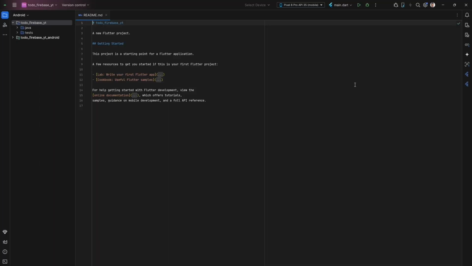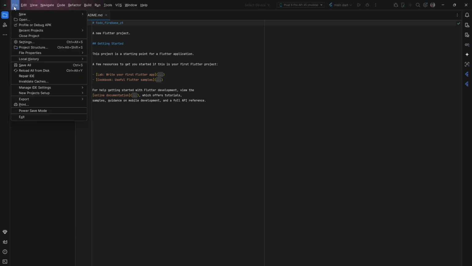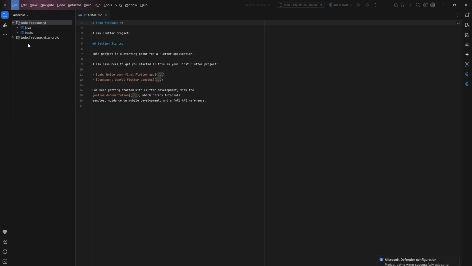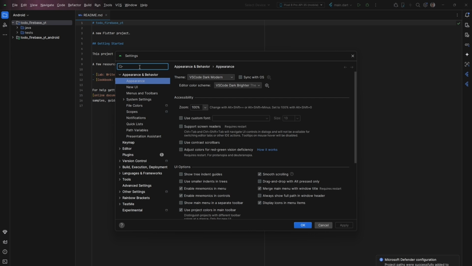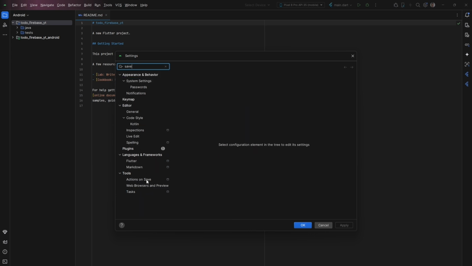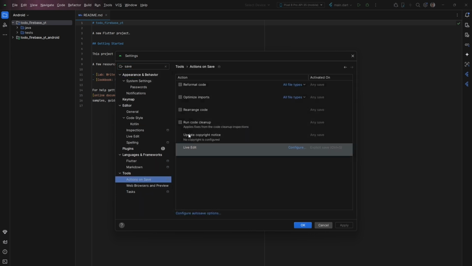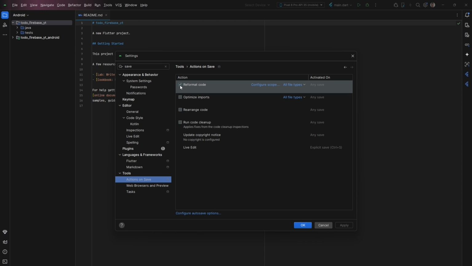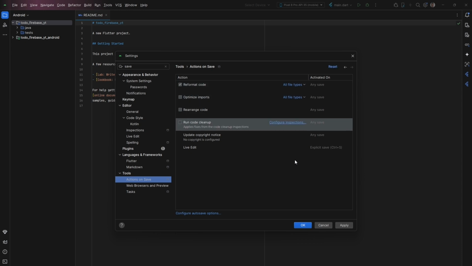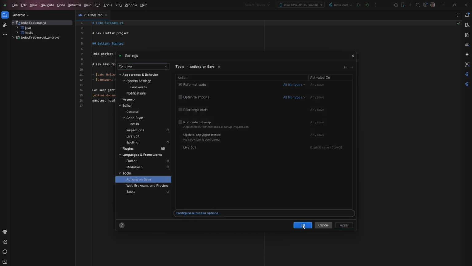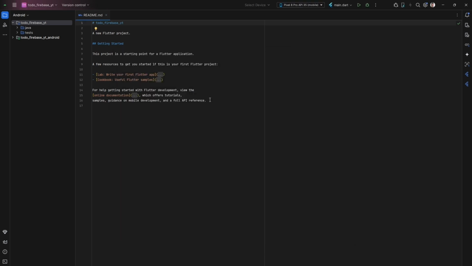So one thing that I like to do, because Android Studio for some reason does not do this automatically, I'm going to open settings. In the settings, I'm going to search on save. There is this part here that says actions on save. I'm going to tap on that, and then I'm going to check this one out. So reformat code, I want to ensure that that is checked, and then click on apply and OK. So that way, when I save on the file, it's going to be auto-formatted,